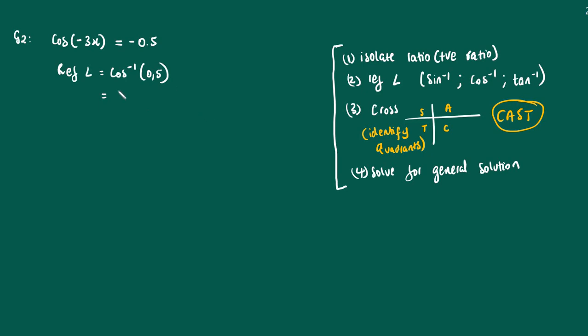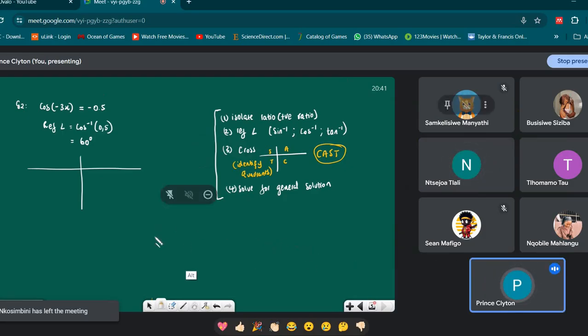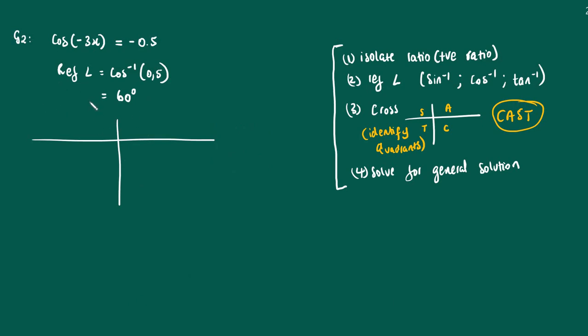60. It gives you 60 degrees. Now that you have your reference angle, remember we go to the cross, right? So immediately you would have your cross there. Then what do we do? We then say